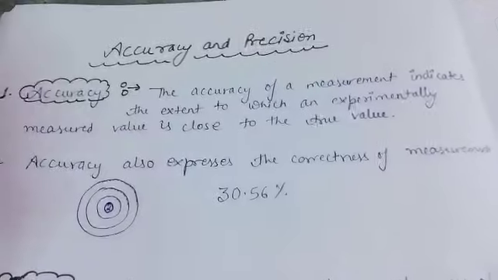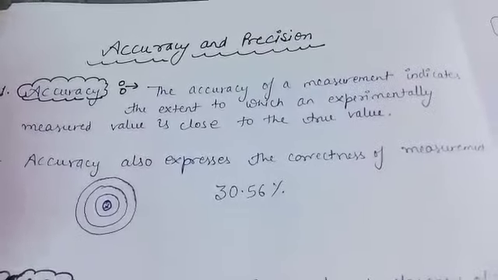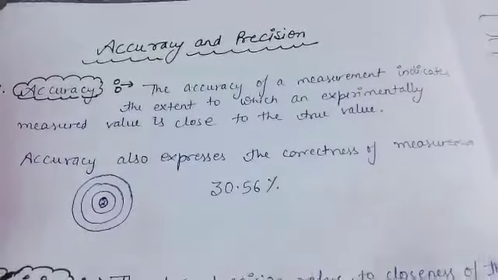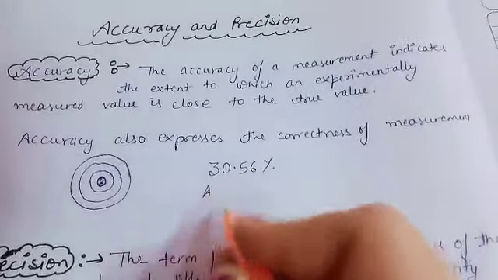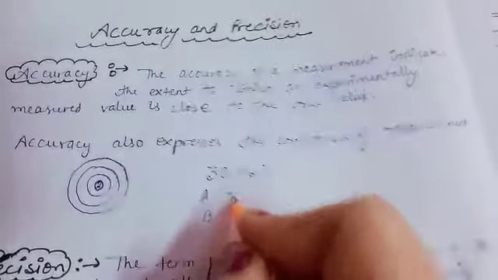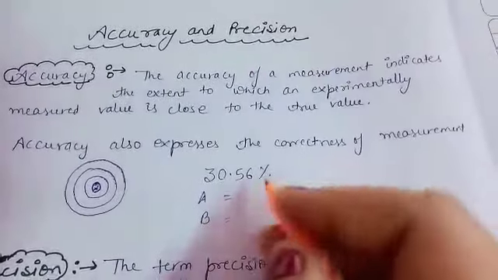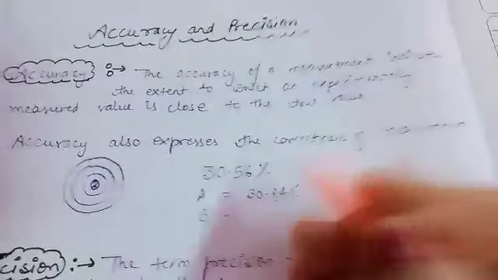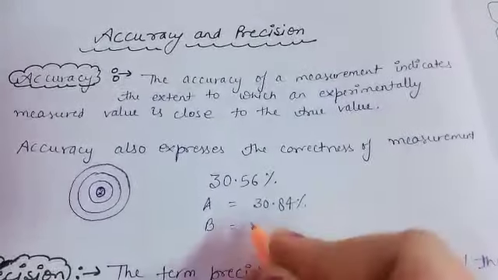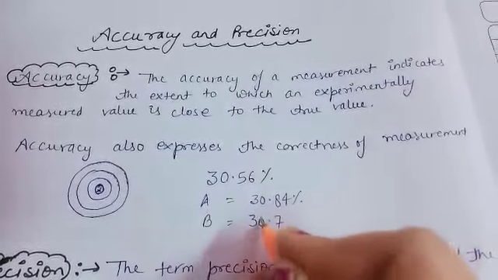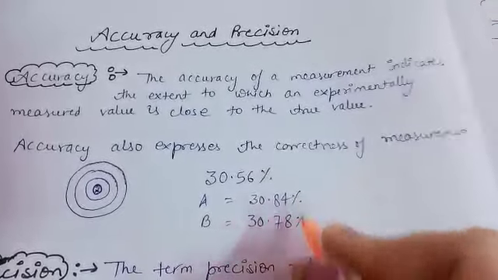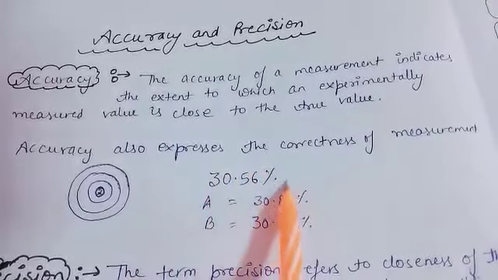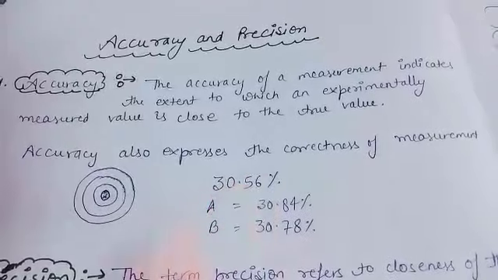We analyzed it by two methods. In this, let the mean values in the two methods be obtained. Suppose one is method A, another method is B. In the first method, the answer is 30.84% after experimental calculation, and in the case of B this one is 30.78%. But the true value, the actual percentage of chlorine in bleaching powder, is